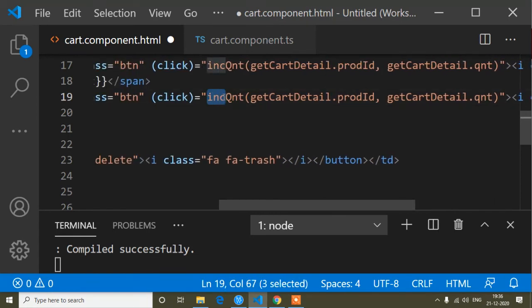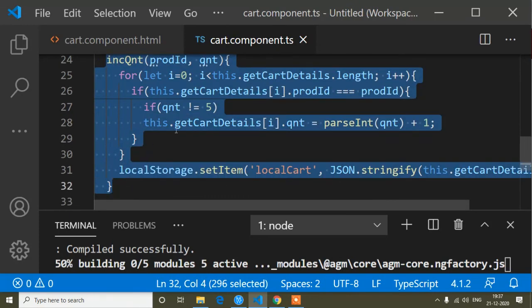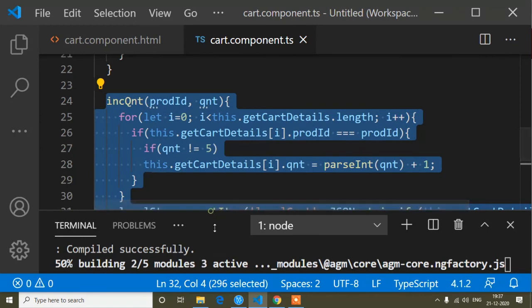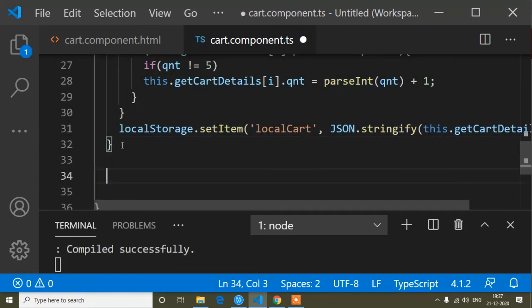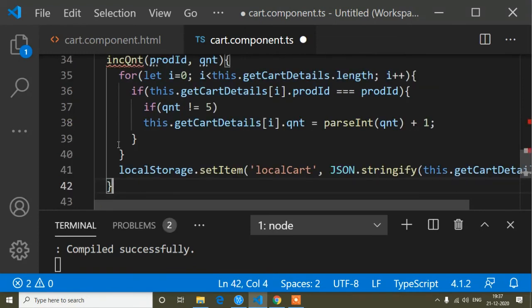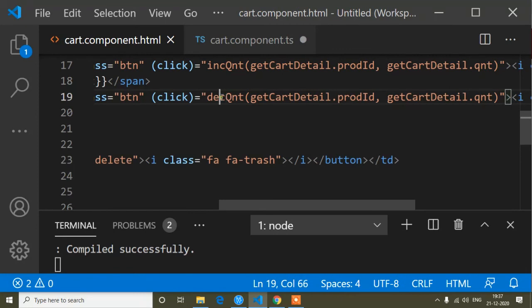Instead of increaseQuantity, I will write decreaseQuantity and save. And here I will copy the whole increaseQuantity function and paste it here. And instead of increase, I will change the function name to decrease.